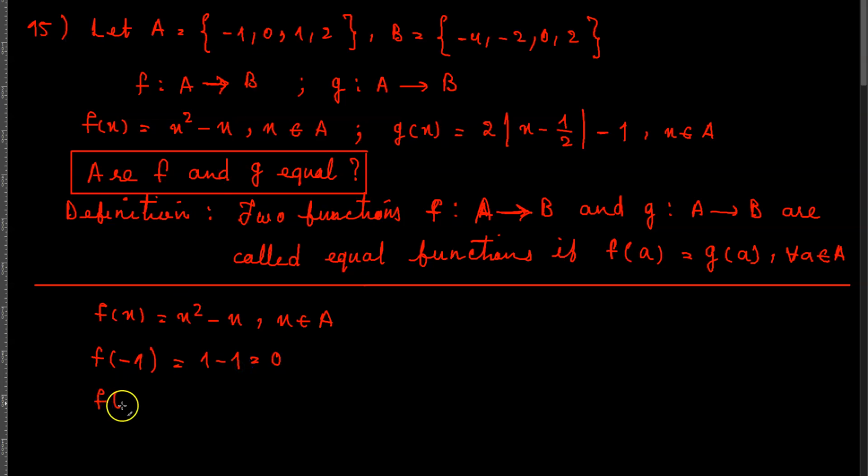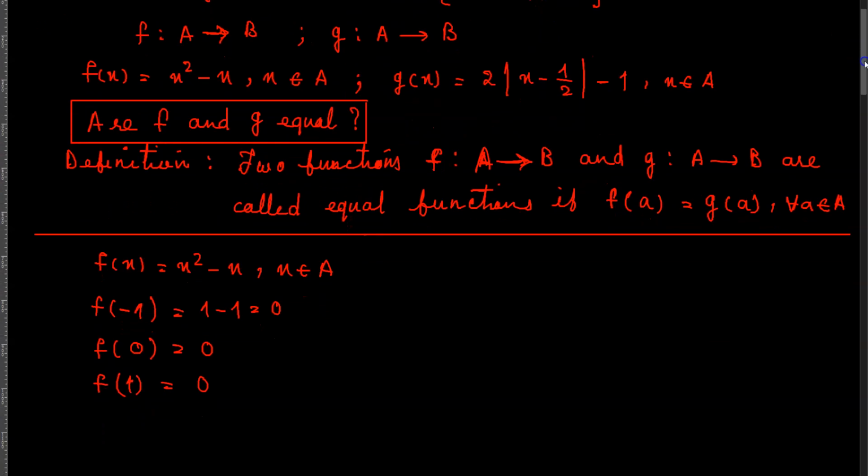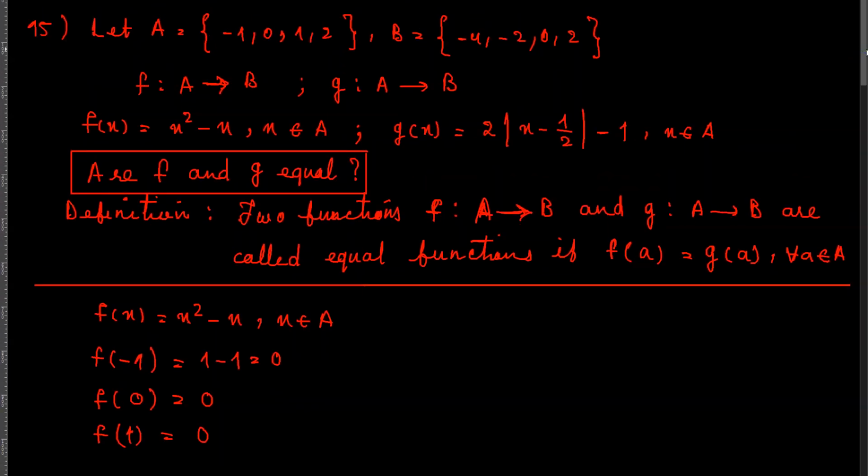F of 0 is going to be equal to 0 minus 0, which is equal to 0. F of, for example, 1 is going to be equal to 1 minus 1, which is equal to 0, right? Am I not making any mistakes? Negative 1, 0, 1, 2. So A is equal to negative 1, 0, 1, and 2,